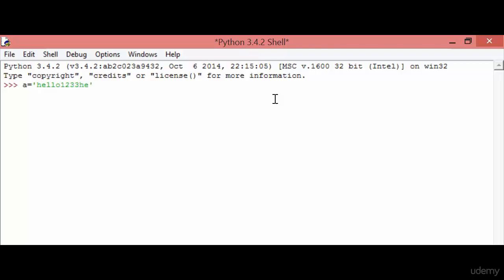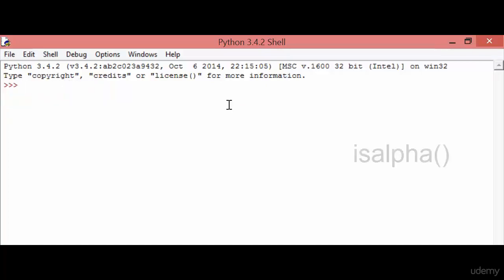After that again I'm going to write hello, and now I'm going to print the alphanumeric check, which is a dot isalnum. So here we get the result true, which means that our string contains alphabetic characters as well as digit values, or we can say integer values. So this is all about the alphanumeric method.